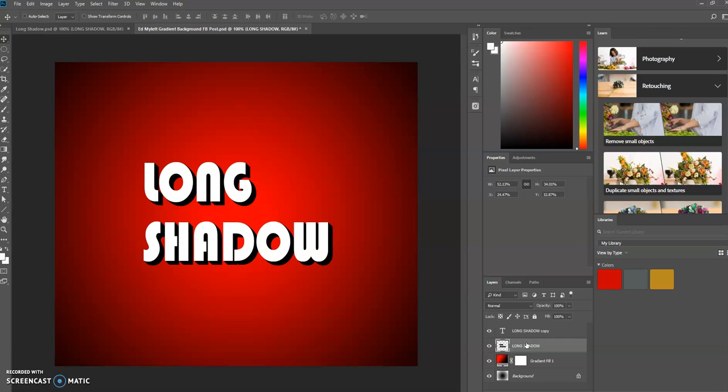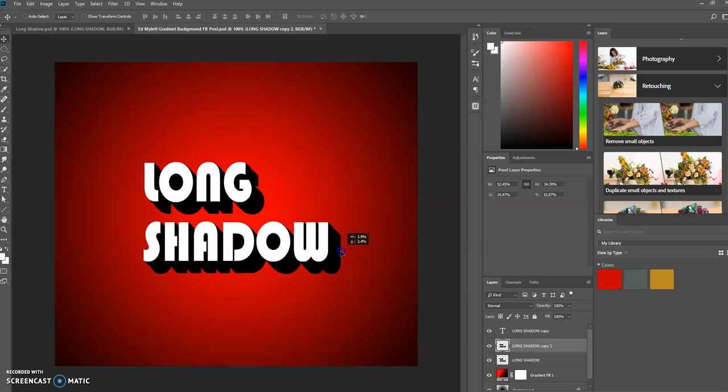Okay, now I'm going to Control J again. Control E to merge the layers. Now this time around, you're going to see what I do now. I'm going to still use the same process, Control J to duplicate this layer. And now I'm going to move that duplicated layer down, just like that. Control E,